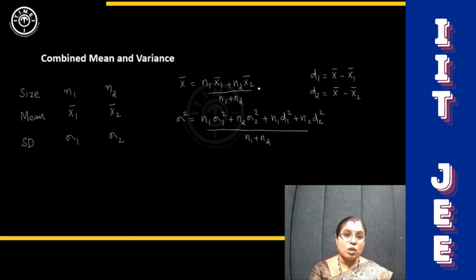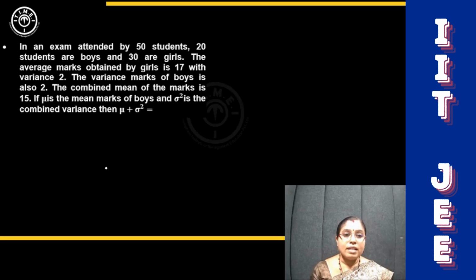Now let's look at a sample problem based on this. In an exam attended by 50 students, 20 students are boys and 30 are girls. The average marks obtained by girls is 17 with variance 2. The variance of marks of boys is also 2. The combined mean of the marks is 15. If mu is the mean marks of the boys and sigma square is the combined variance,